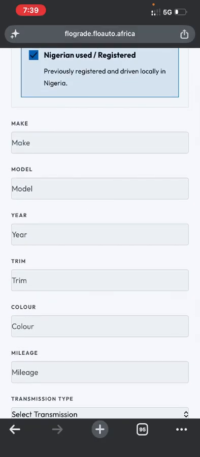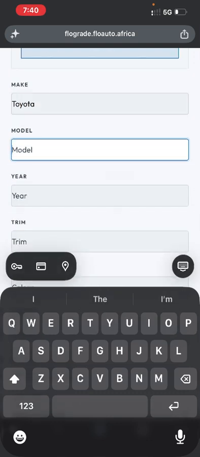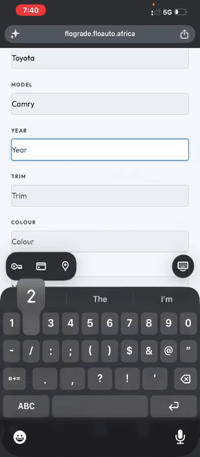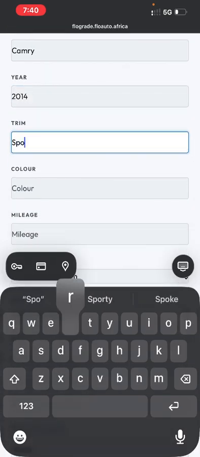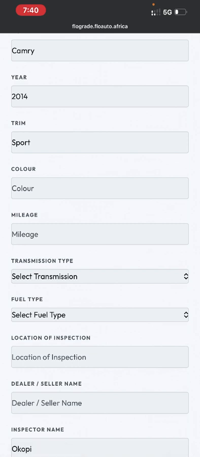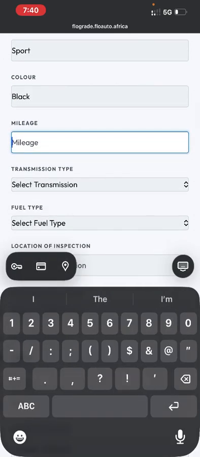But then there are occasions, depending on the spec of the vehicle. Some Asian vehicles may not populate your make, model, year. So what to do in that case is you manually enter your make, model, year. For example, Toyota Camry 2014, let's say sports, for example, color black. Then you enter your mileage in kilometers, write out the number, for example, let's say